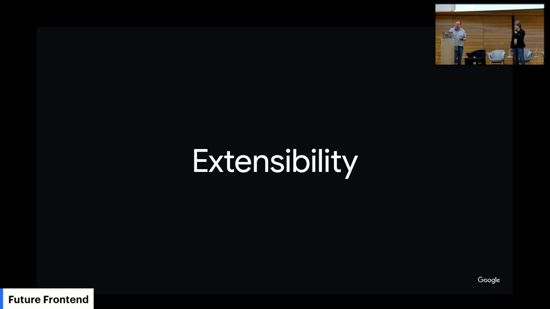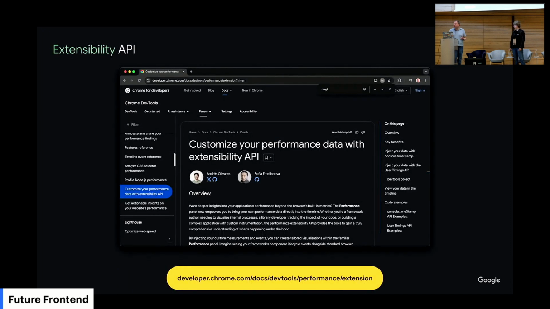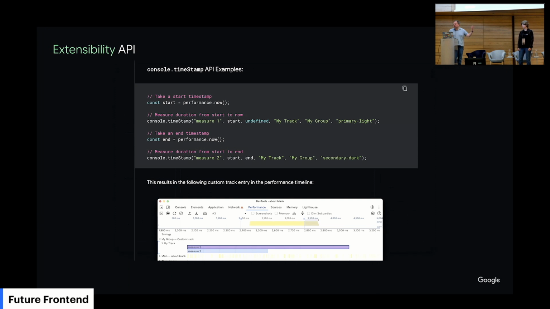And then the last thing is extensibility. So I know a lot of people have your own knowledge about your stuff, or you're using a framework. So we've built a new API where in your JavaScript code, you can add call outs to DevTools and say, hey, DevTools open, add this little bit of section here. The way it works is you make a couple of calls saying, this is important things, whatever. So it's kind of similar to the annotations in that it will highlight a bit of the trace and say,